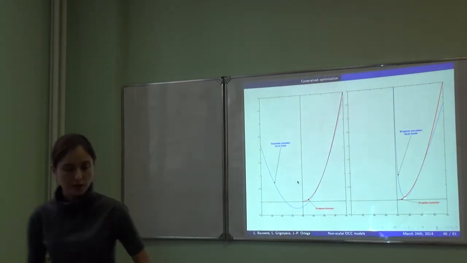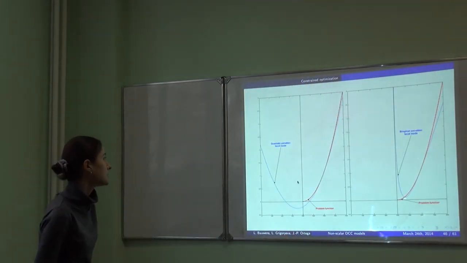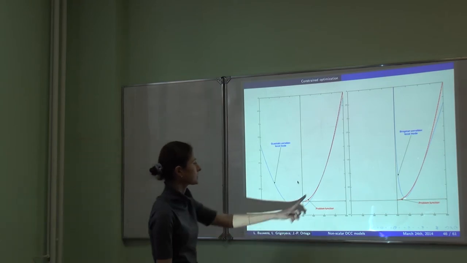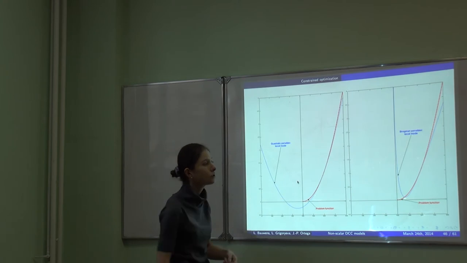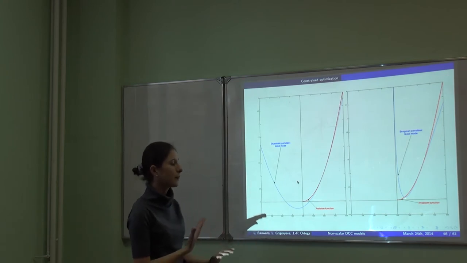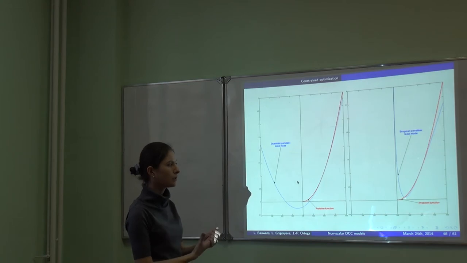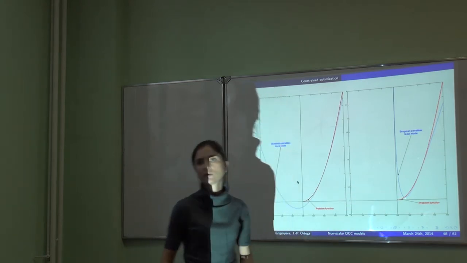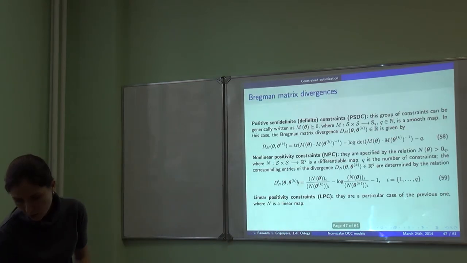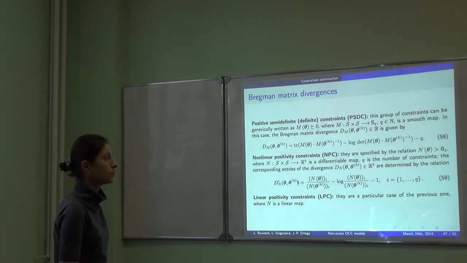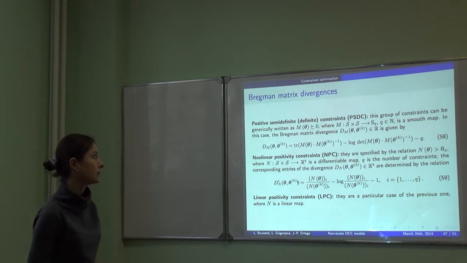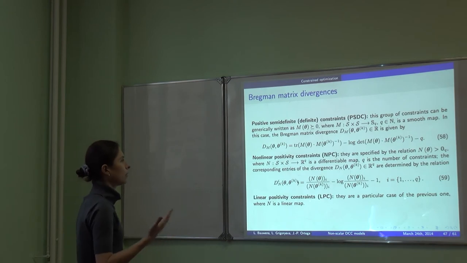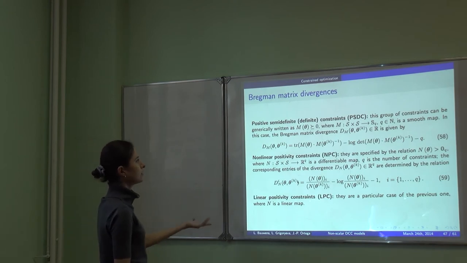In the Frobenius case, as you see, it doesn't give us what we want, because as soon as you approach here, you may find yourself here. So this is not what we want. We would like to have some local model that would control itself the fact that the constraints are not violated. So we have the explicit way to write down these constraints, involving these divergences for any type of the constraints. We group them in three basic groups.